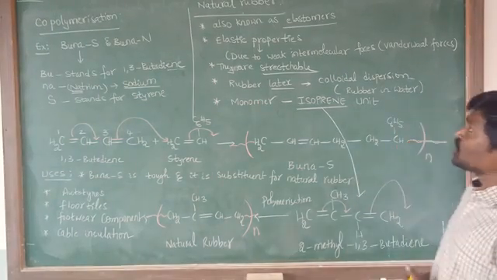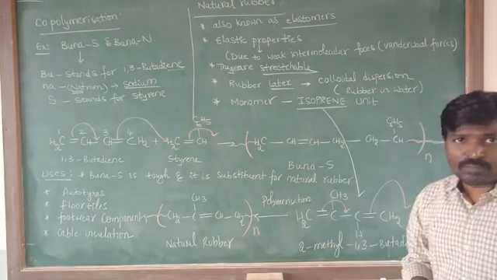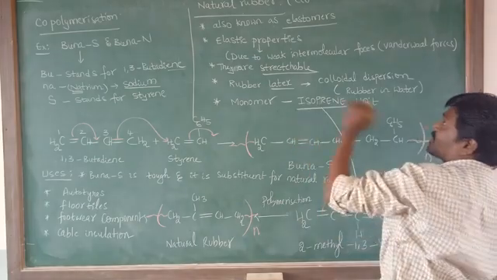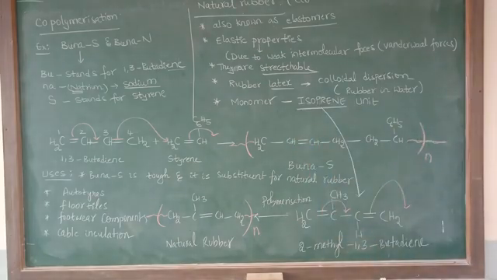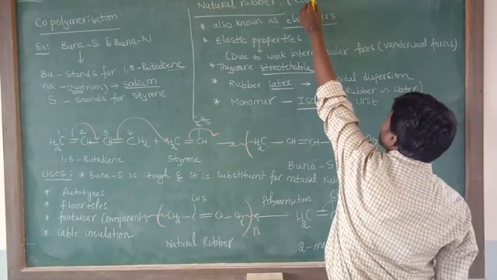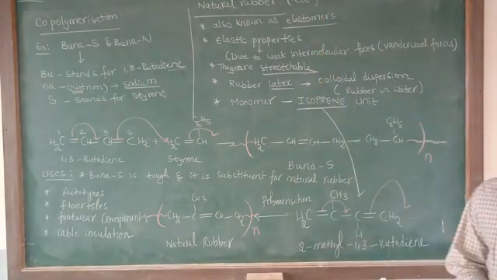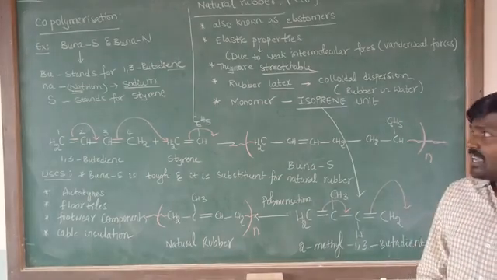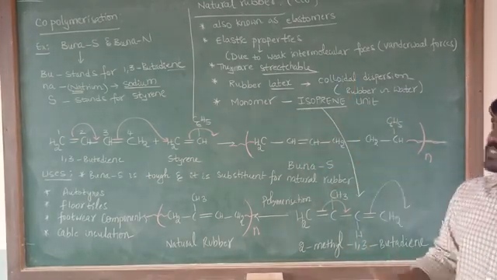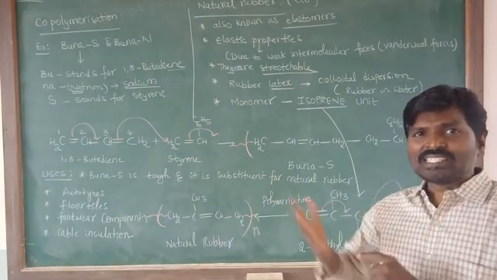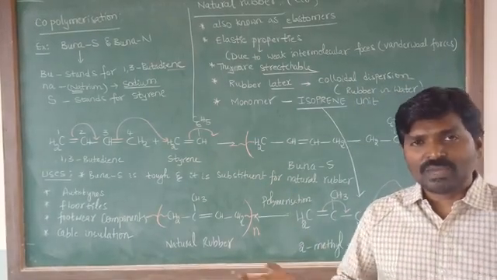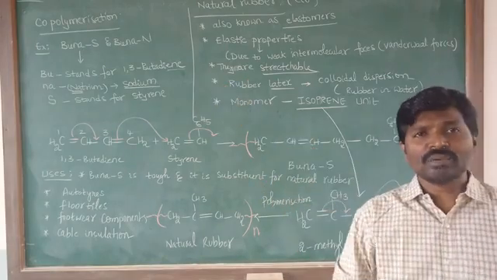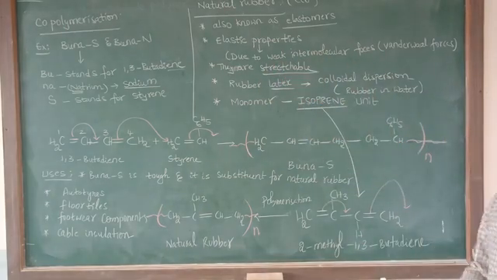Right. One more point I will tell you: if you take that natural rubber, it is a cis polymer here. Natural rubber is the example of which type of polymer? A cis polymer. We will discuss it in the next class, okay? Right, let it be. In this class we have discussed condensation polymerization. Last example we discussed, the melamine formaldehyde polymer. Even we have discussed copolymerization, and the last topic is natural rubber here.